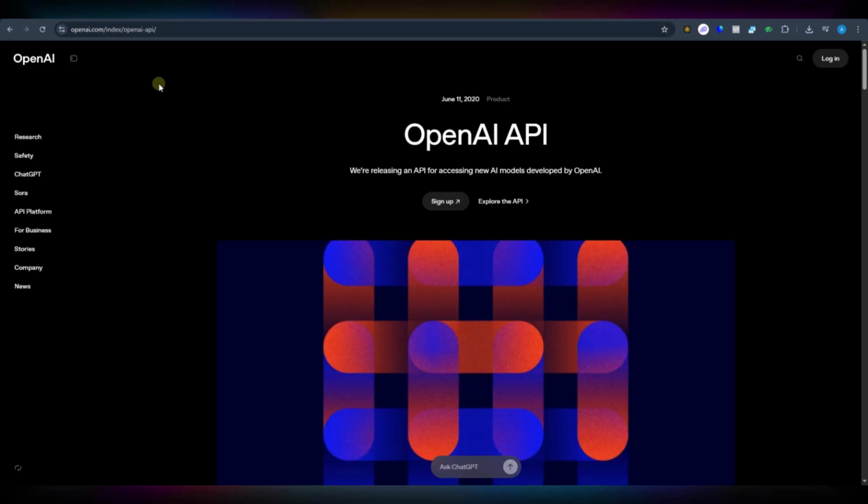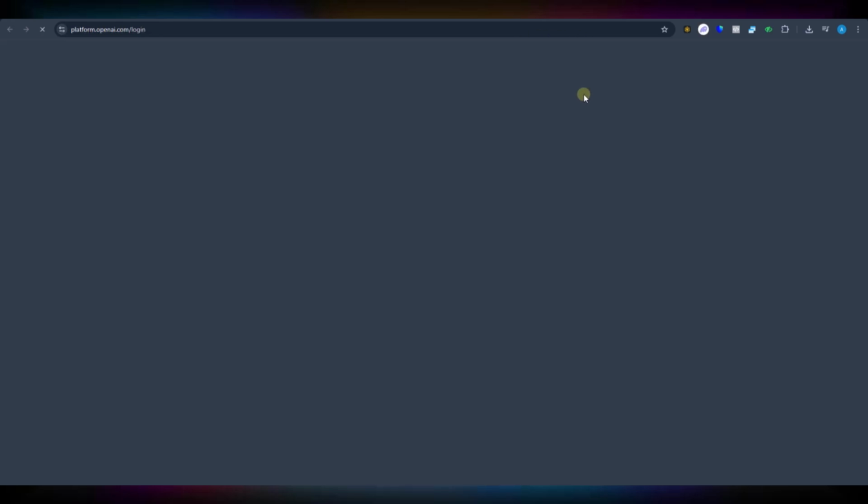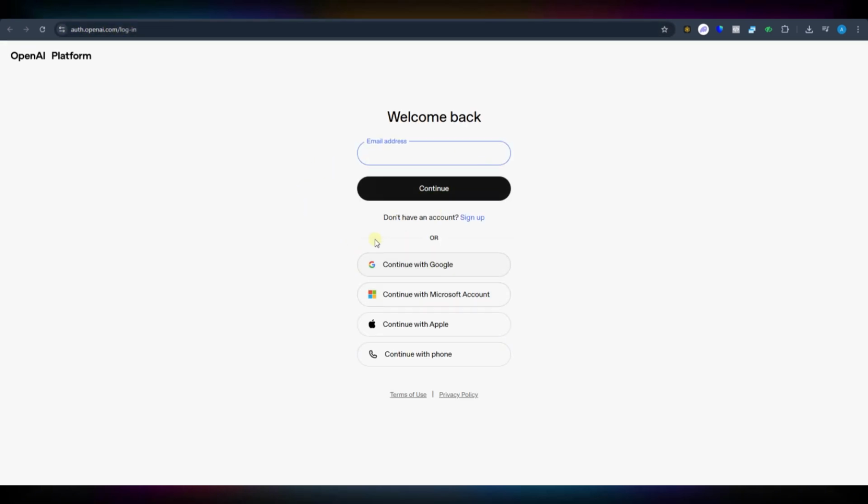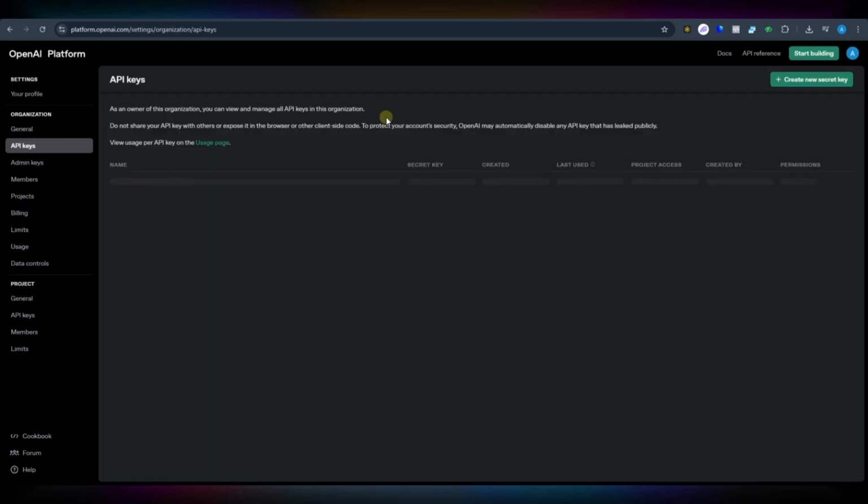for that purpose, we will head over to OpenAI, openai.com, and we will log in. It will take us to a page like this one, platform.openai.com/login. And here it will ask us to log in with our Google account. Here you will search API keys or simply select it on this bar if it's available, or simply go and